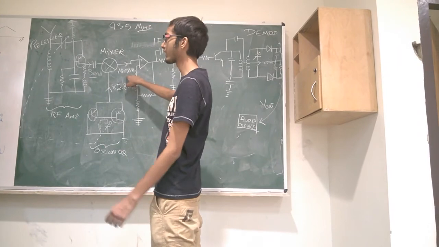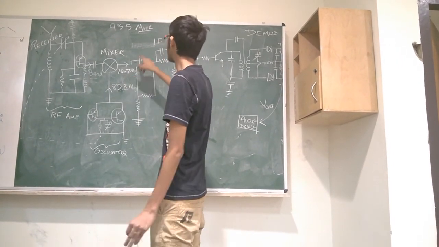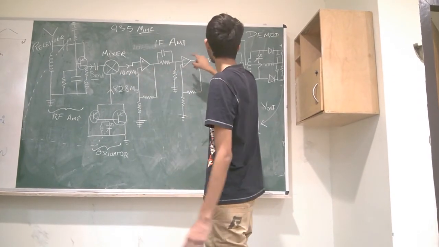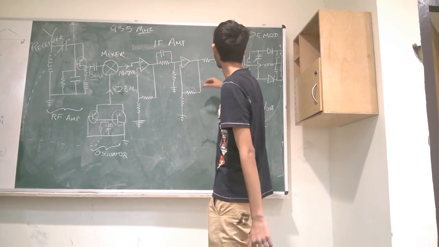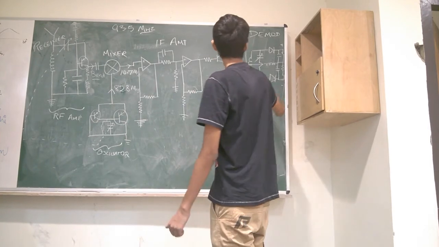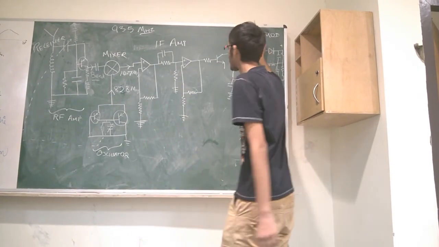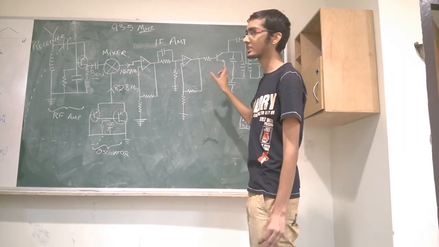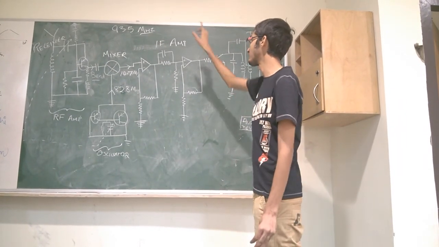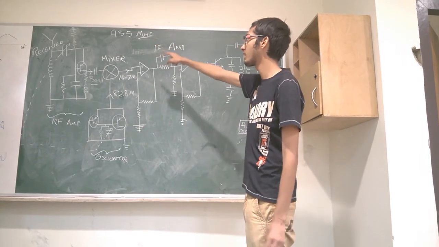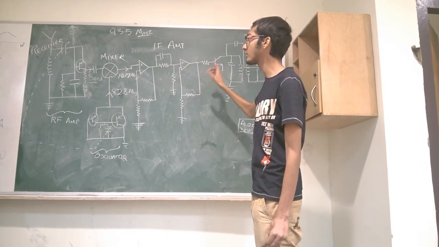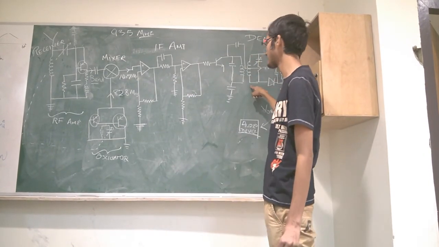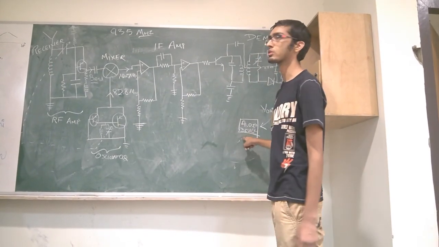Along with this 10.7 MHz, many more waves are passed on, but they are filtered out in the IF amplifier, and this 10.7 MHz signal is amplified by a scale of 1,000 or more. So this goes into the demodulator. This wave consists of all the modulation that was present in the original wave that was received of 93.5 MHz. Only the frequency of the carrier wave has been reduced here in the mixer. This goes to the demodulator, which has been explained before, which gives an output to the audio device.